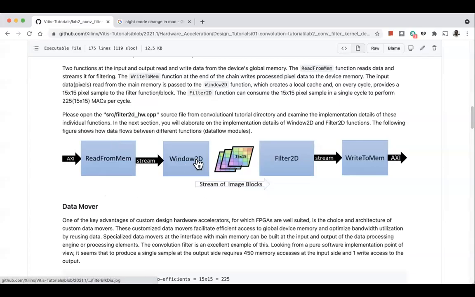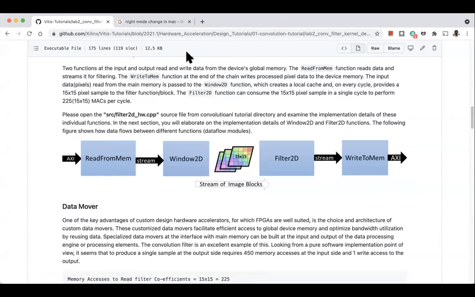So if you see here, we will be looking at a module now. That module is divided into 4 stages. The first stage is what is called as a read from memory. It reads data from the DDR memory, and then it writes it to an output stream.